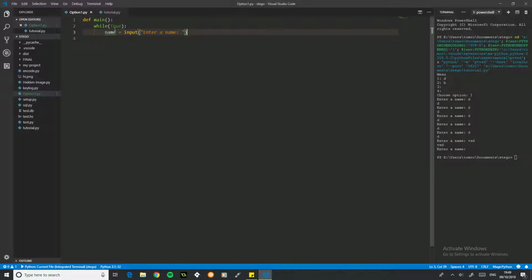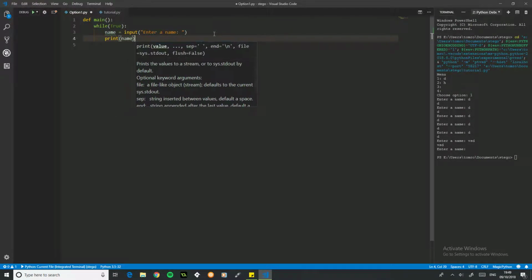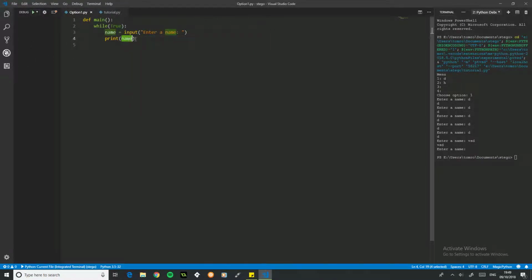Now obviously, in my setup here, it doesn't like this. It says here that this is not used, so we need to use it in some way. So this isn't realistically a very nice way of doing it, but if we print name, all this will do is kick back whatever they inputted here,